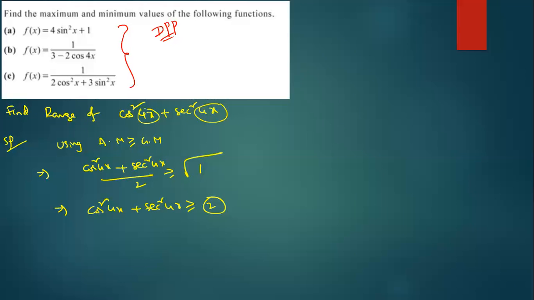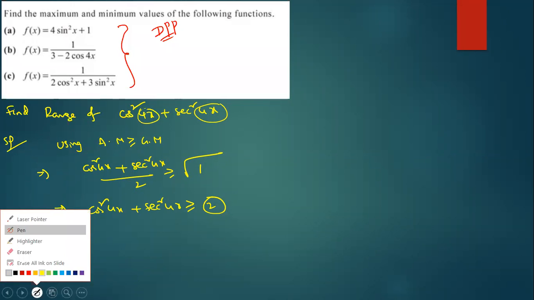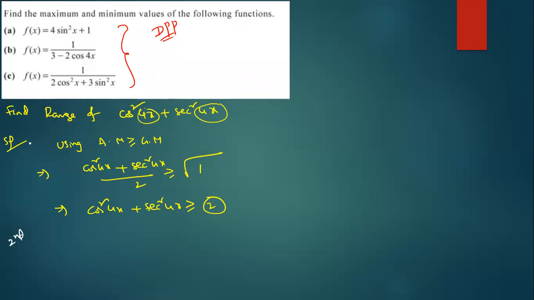So maybe someone is asking, sir, is there any other method? Every time you're using AM-GM, sometimes you are getting the idea of AM-GM. If anybody is interested, I can proceed to the next method. Anyone? Just I'm checking, just a minute. See, second method. But the first one is the easy method, okay? This is the easy method. Second method is the actual procedure, actually. First method is shortcut. This is shortcut.